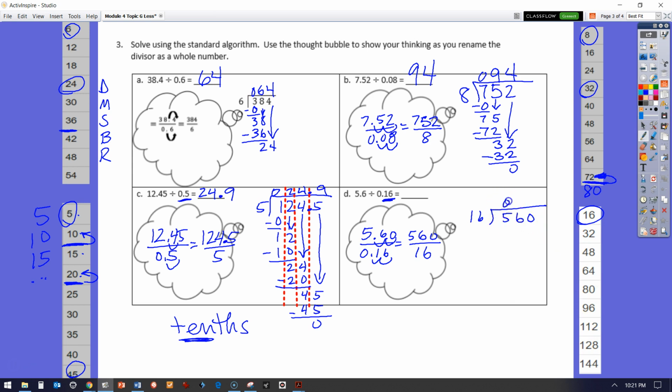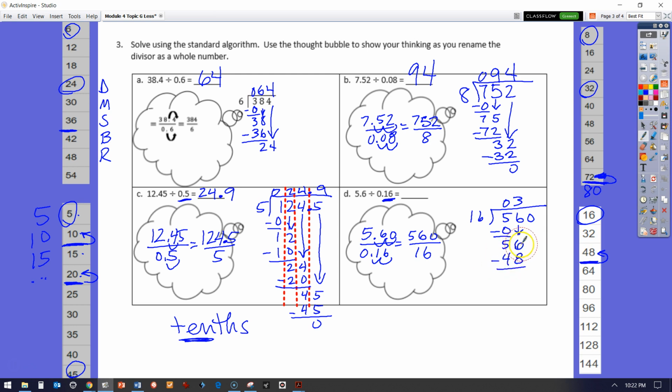500 divided by 16 I cannot do without decomposing. 16 times 0, 5 minus 0, bring down my 6. I say, how many times is 16 going into 56, or 56 divided by 16? I know 56 will fall in between 48 and 64, so I'm going to say here, that's 1, 2, 3 times. 3 times 16 is